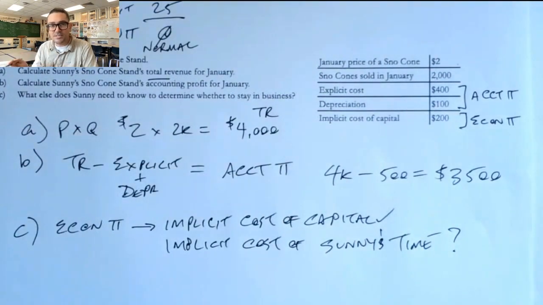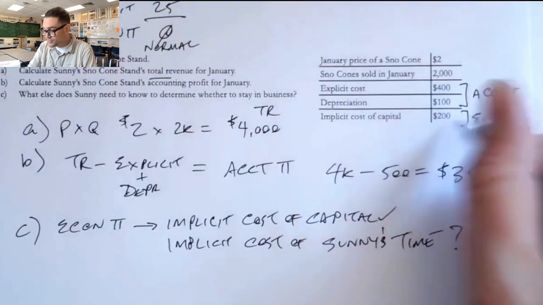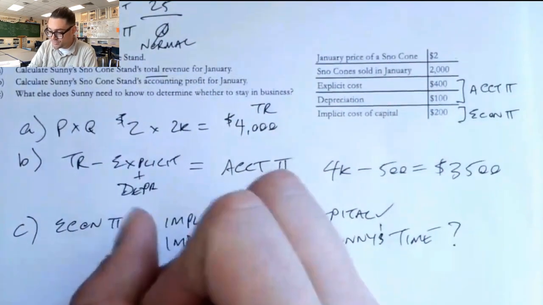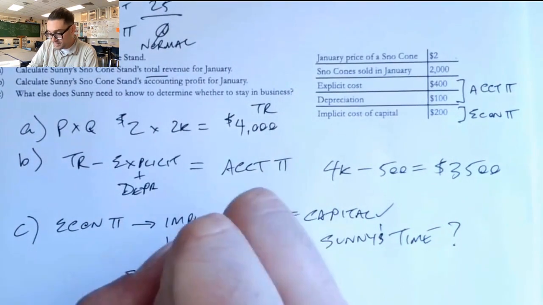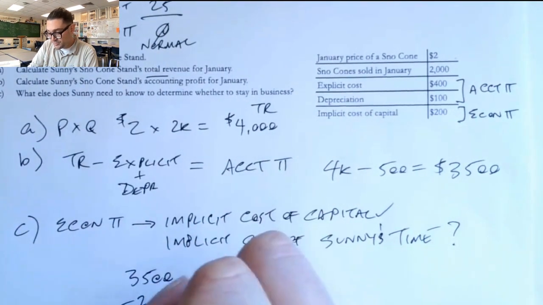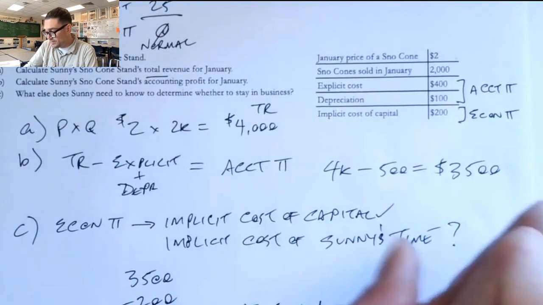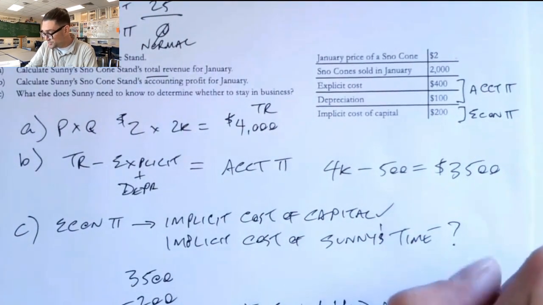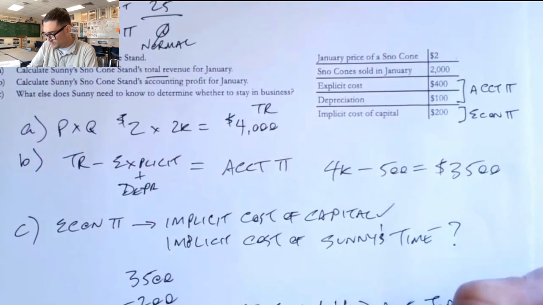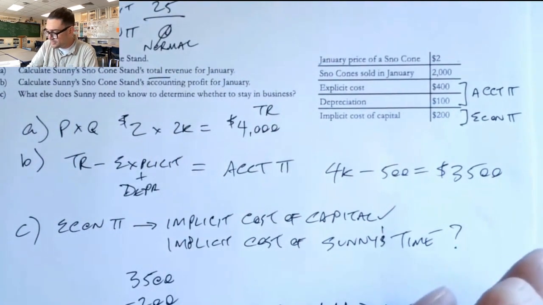We need to know that to determine whether Sonny should actually stay in business. After all, we've got this $200 that's the implicit cost of capital, so we could say 3,500 minus 200. Well, that leaves us 3,300. But if Sonny had an alternate job